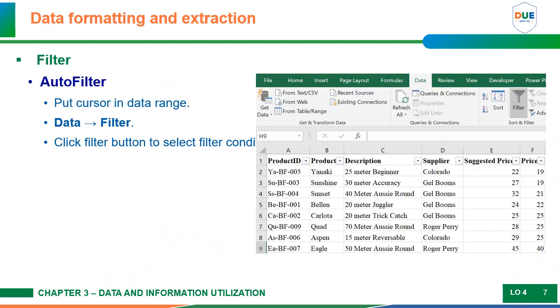When working with a long list, for example, a company's invoice list, no one wants to manually check each row. The filter function allows you to display only the data that meets specific criteria. For example, you can filter to show only invoices for the product Sunset. Steps to apply a filter. Place the cursor within your data range. Go to Data, right pointing arrow, Filter. Click the drop-down arrows in the column headers to select the filter criteria.